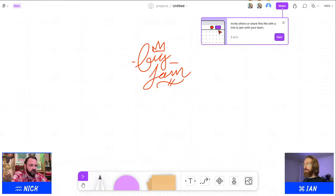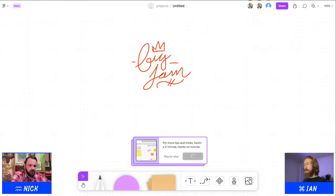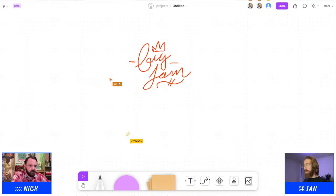Okay, well, are you cool looking at tooltips? What are you doing? Is this on stream? Yeah, I went through the tutorial. Okay. Tooltip process. Invite others and share. That's very cool. That's what we're doing. Figma fam. Oh, open tutorial. Maybe later. Cool. Well,